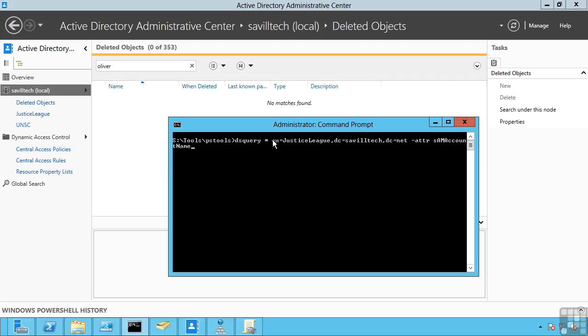This is made up of a number of components. So you can see OU equals the name of an organizational unit. So OU means an organizational unit name. DC equals a domain component. So if my domain is called saviltech.net, that's domain component DC equals saviltech, DC equals net. So this is going to show me all of the objects that are in the organizational unit Justice League in